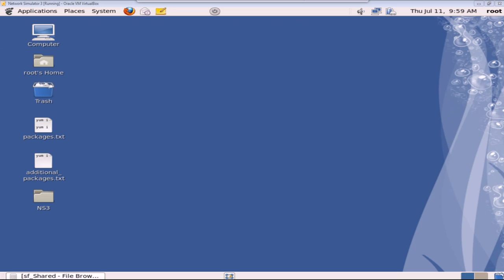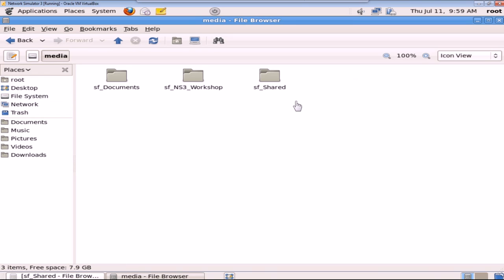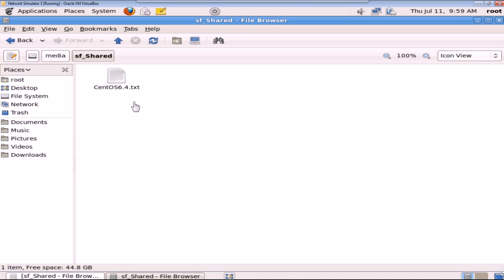So once you have been able to successfully restart, I'm now going to show you how to actually get access to that shared folder. So you need to navigate the file system. So I'm going to click on Computer, File System, and it's the media folder that I am interested in. You can see that I have 3 shared folders here. One is called Documents, one is called NS3_workshop, and the third one is called Shared, which is the one that we created. So if I double click on it, you can see that file called CentOS 6.4.txt that we created